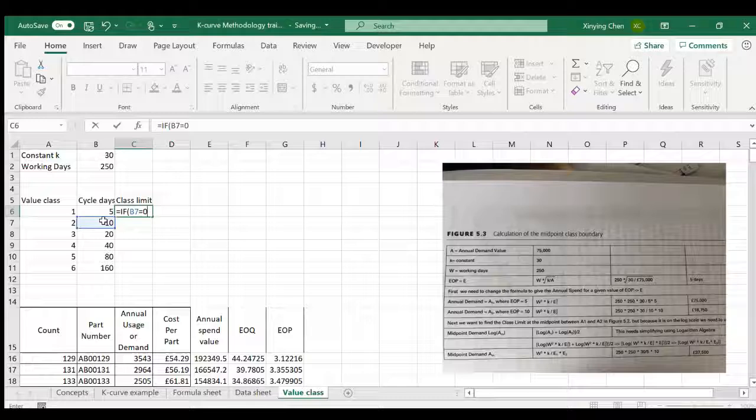If the cycle days of the next class is equal to 0, then it doesn't have any value. Why? Let's see. We need to input this formula into the Excel sheet, where W is working days, and working days squared,